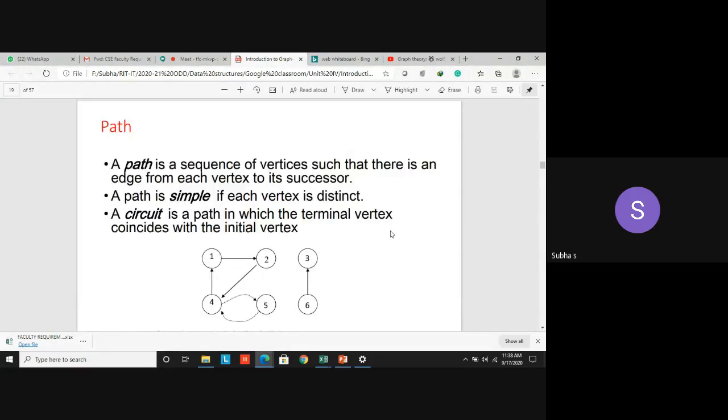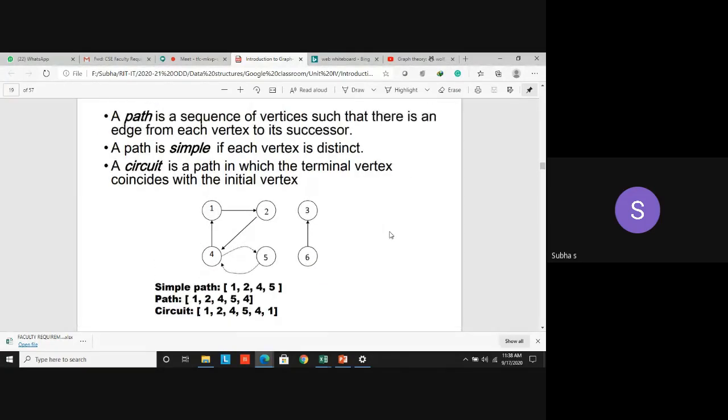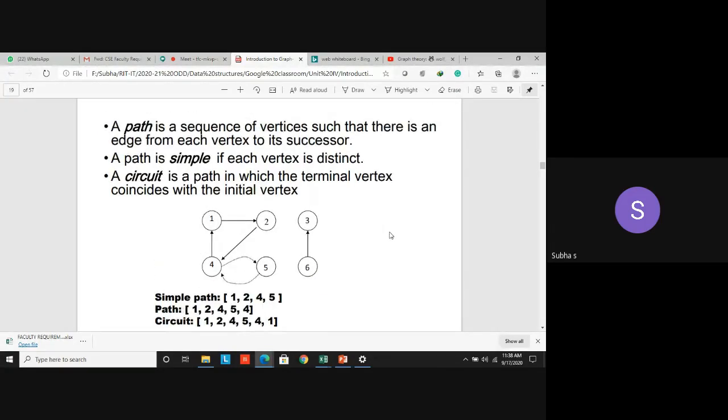So we have seen path, simple path, and then circuit. Path is nothing but how I am going to reach the particular destination from a source. You can treat any vertex as a source vertex and any vertex as a destination vertex in a graph. So from the source, if I have some path to reach the destination, that definition is called